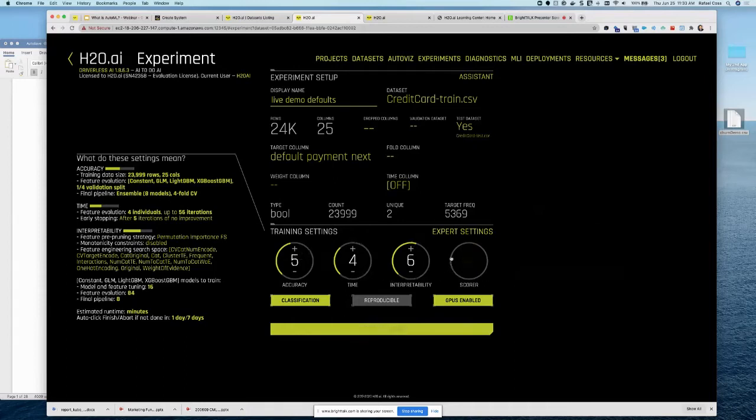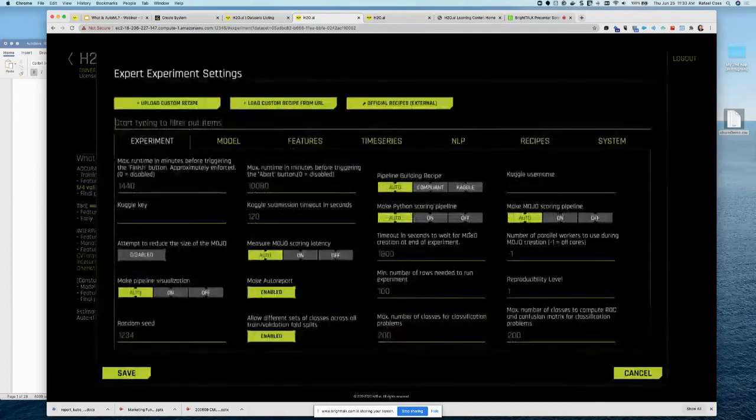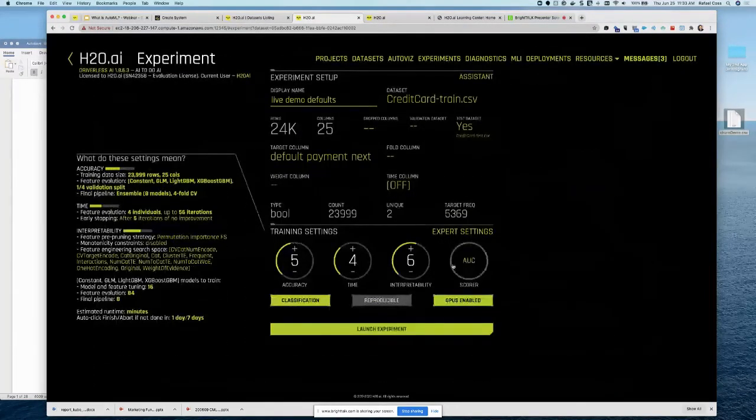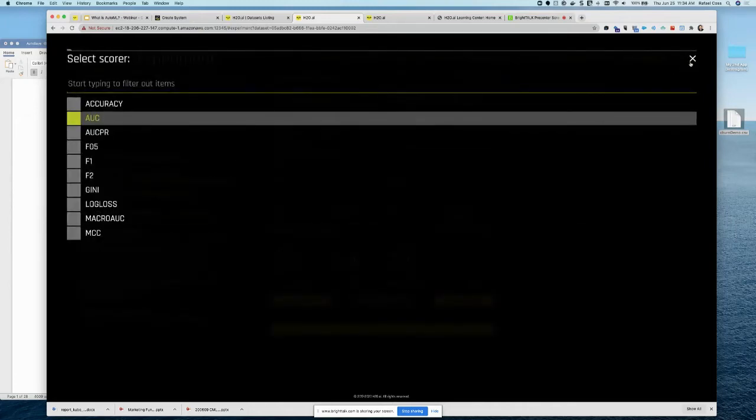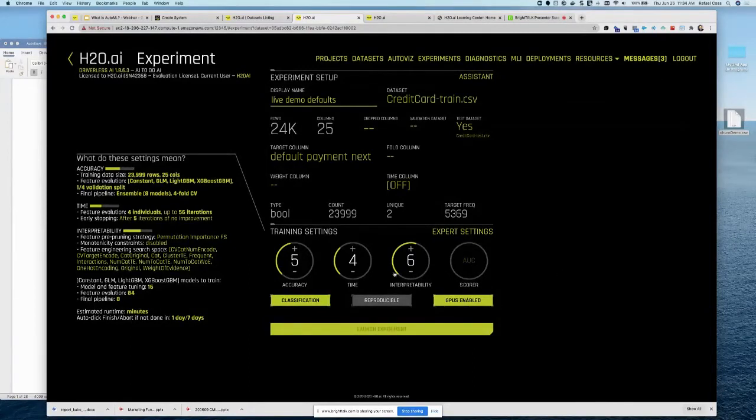And so we also can, at a high level, give you a few new tuning parameters for the folks who maybe are newer. But don't worry, there's a lot of additional knobs if you want to do further tuning. So these initial knobs, these 4 knobs are on accuracy, time, interpretability, and what's the score. So what are you going to optimize to? In this case, we looked at the data set, and we're suggesting that you leverage AUC as a score. You could always override that and select something else if you wanted to. And we're suggesting an accuracy of 5, time of 4, and interpretability of 6, right?